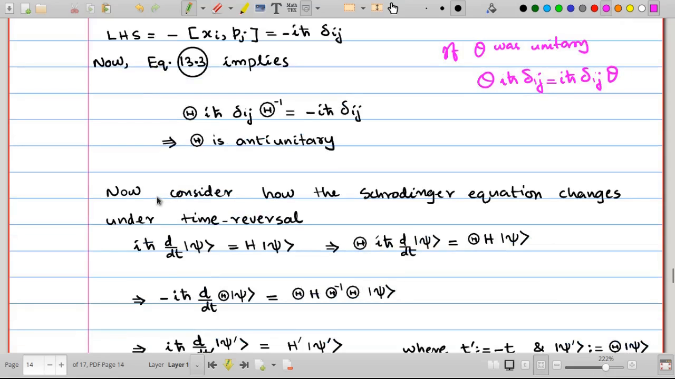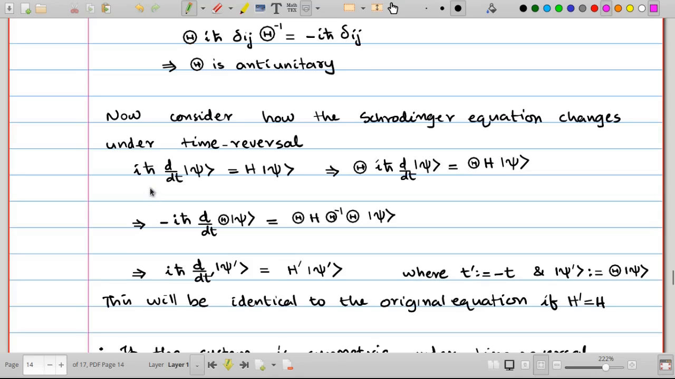Now we see what happens to the Schrödinger equation under this transformation. The Schrödinger equation is given by iħ d/dt of ket psi, which is equal to the Hamiltonian acting on ket psi. Now the action of the theta operator, the time reversal operator, on this equation gives theta iħ d/dt acting on psi, d/dt of psi is equal to theta H acting on psi. Now since theta is an anti-unitary operator, this would be equal to minus iħ d/dt times